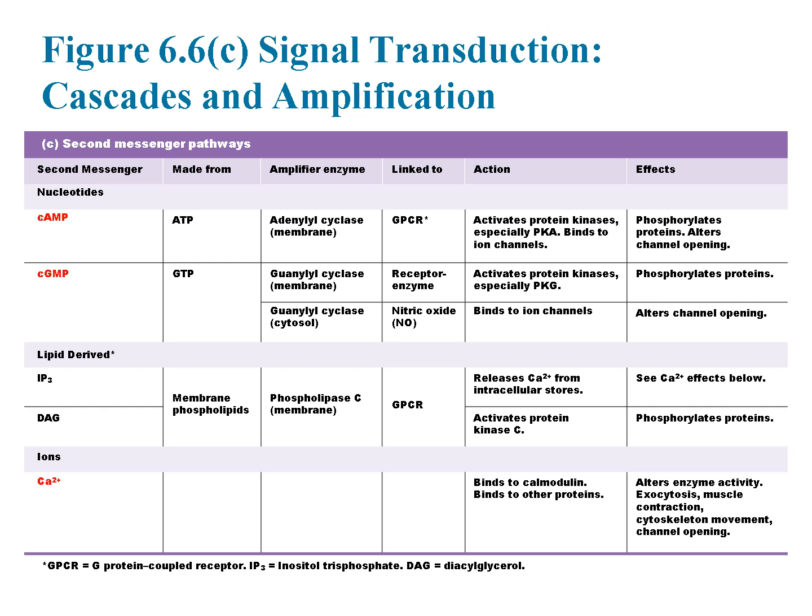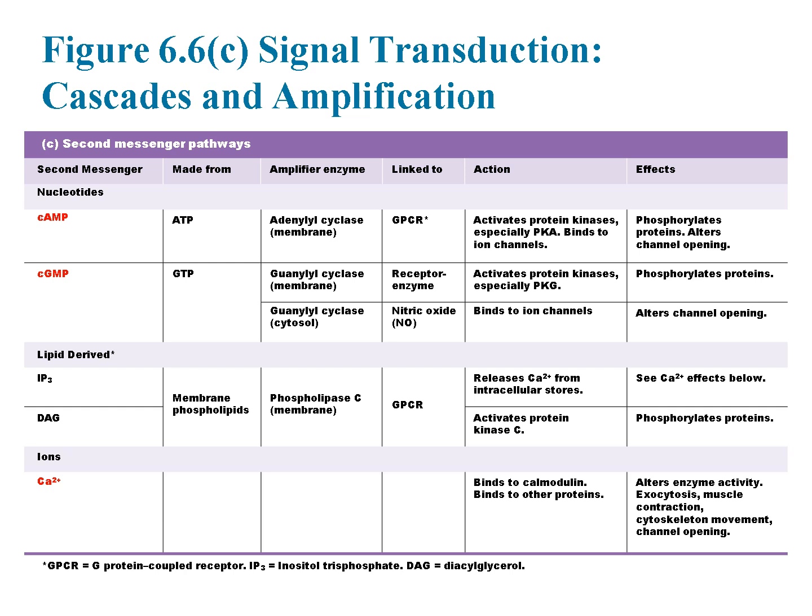Cyclic AMP is derived from ATP and produced by adenylyl cyclase at the membrane. It is typically linked to GPCR pathways and activates protein kinase A, or PKA, leading to protein phosphorylation and alterations in ion channel activity. Cyclic GMP, on the other hand, is produced by guanylyl cyclase from GTP. It activates protein kinase G, or PKG, and is involved in processes like vasodilation and smooth muscle relaxation. Guanylyl cyclase can be membrane-bound or cytosolic and is often activated by nitric oxide.